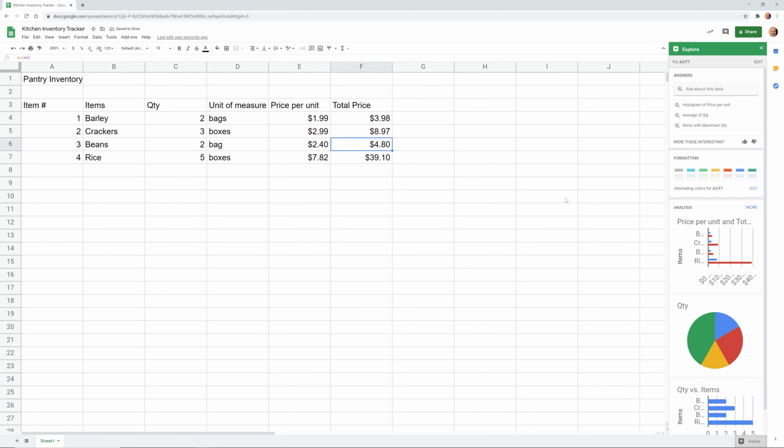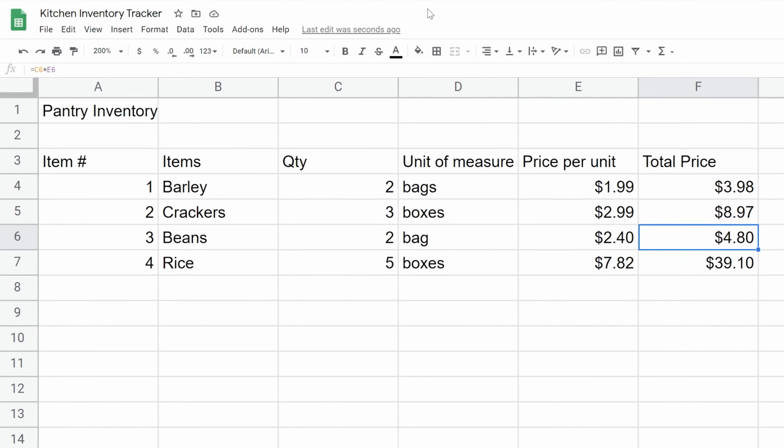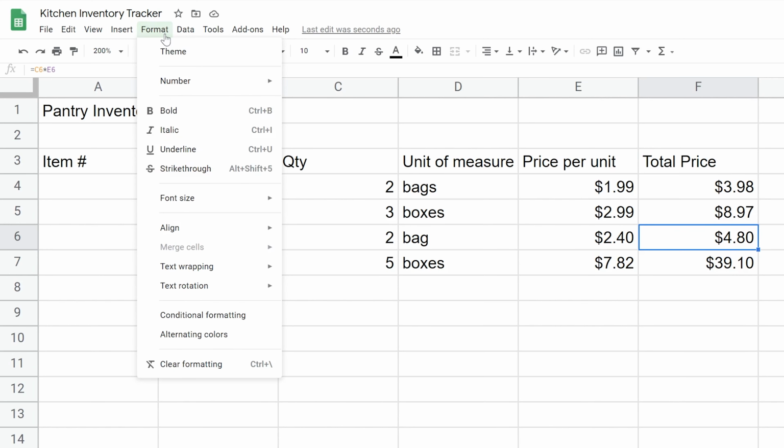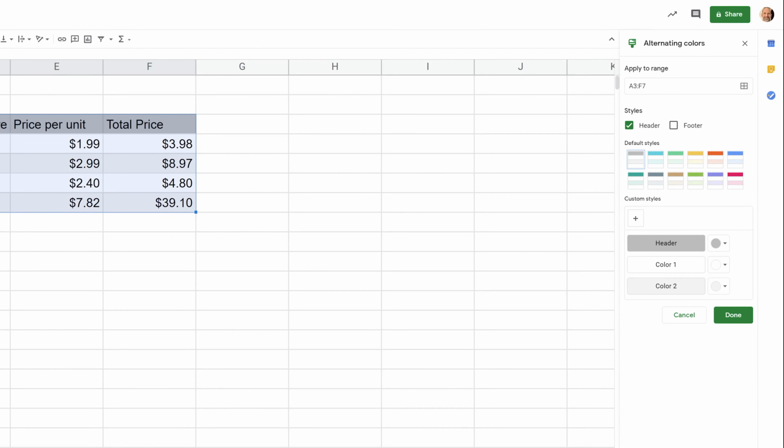And the next thing that we want to do, you can do it just from this Explore bar, but I'm going to close this so you learn the other way to do it. We're going to just format the data so it's a little bit easier to see what's going on. So we'll go to Format, and this table of data will look better if we just do alternating colors. So left click on alternating colors. Let's pick whatever color that we want. Let's say we want it to be this orange color.